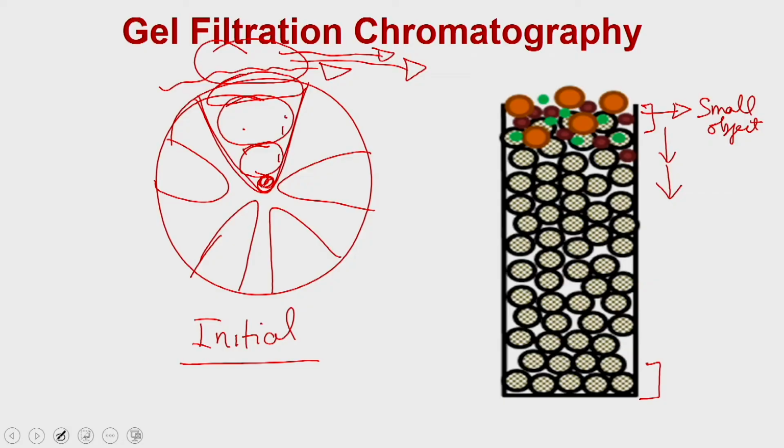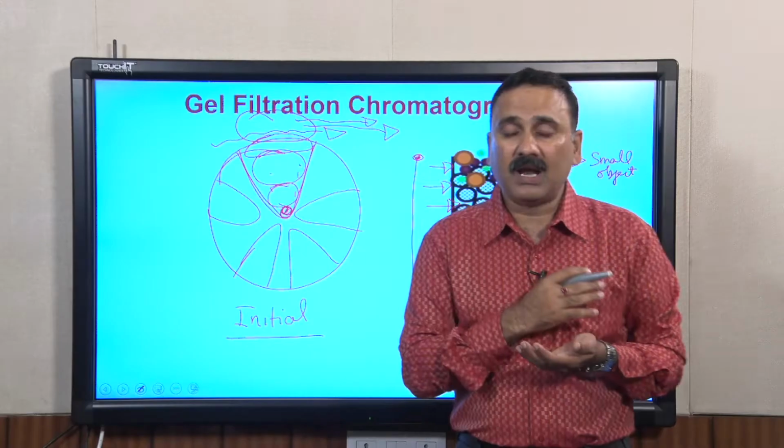So, that exchange occurs at every layer, and as a result, throughout the column you are going to have the molecules filled within these beads. That is why you can imagine that this molecule, which is filled in the first layer, has to travel all the way from the first of the column to the last of the column, and that is why the smaller molecules are going to travel larger distances